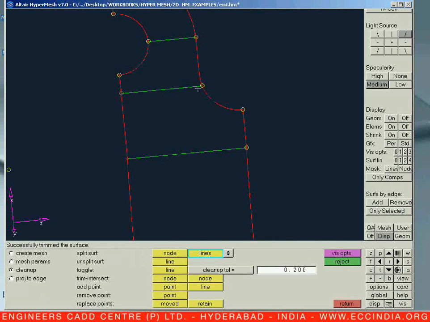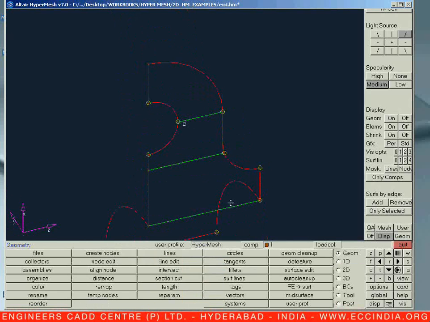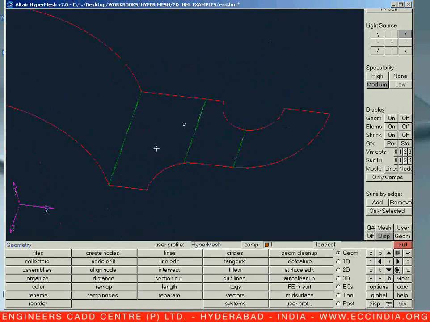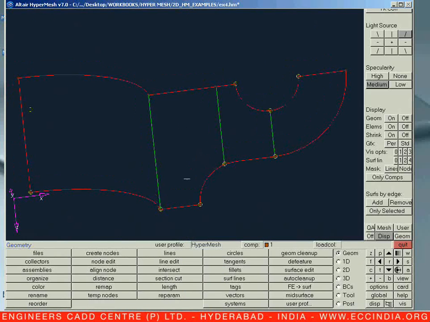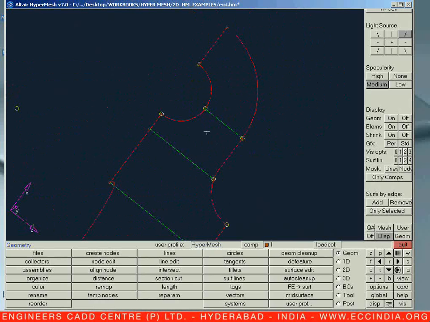Next I can split it in the vertical fashion also. So from the same node in this way, but it is creating a somewhat tapered region. So let us reject it. No need of that kind of splitting. So let us go for the meshing over here. So let us start the mesh from the critical zone. So let us split and let us start our mesh.